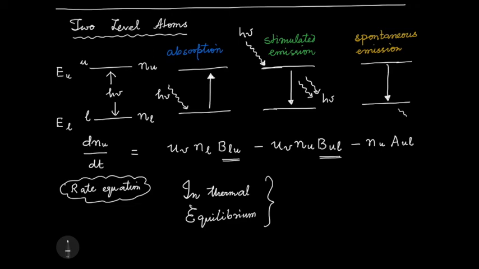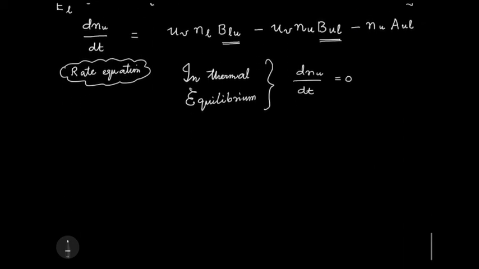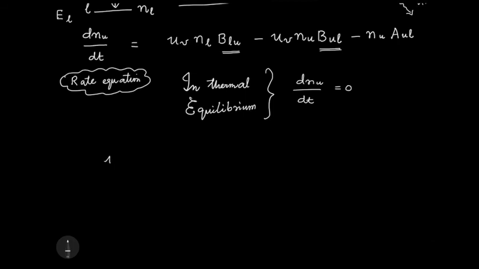So if that is the case, then in thermal equilibrium, there cannot be any up transition which eats up a photon, or a down transition which produces a photon. So this spontaneous emission will produce a photon, right? So the net of this is 0. So in thermal equilibrium, this is 0. So that means that the right hand side is 0. And now I can write down what is u nu for thermal equilibrium in terms of everything else. What is it? So it is AUL by